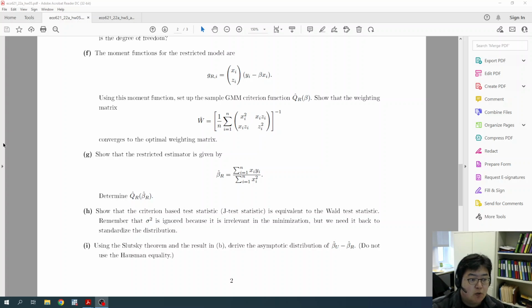Hello. So in an earlier video, we studied the Wald test statistic based on the unrestricted estimator, the unrestricted model. Now we are starting part F, and from here we are going to use the restricted model. And the restricted model utilizes two exogenous assumptions on X itself and instrument Z. And then, by the way, before doing this,